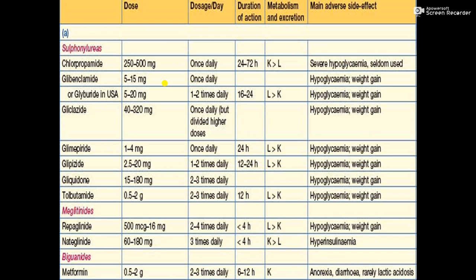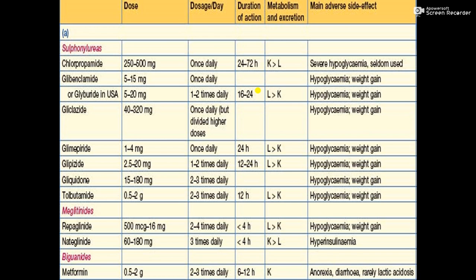gliclazide. Chlorpropamide's dose is 250 to 500 milligrams, and it can be recommended to patients once daily, meaning one tablet in 24 hours. Its duration of action is 24 to 72 hours. The K and L indicate the relationship between metabolism and excretion, because we have already studied in pharmacokinetics about the metabolism of a drug, its absorption, its